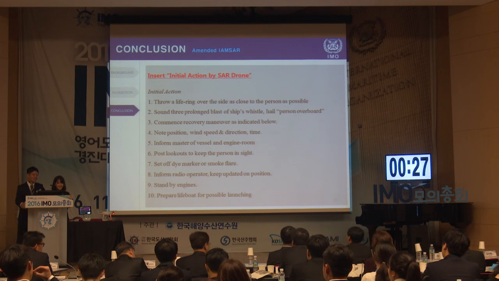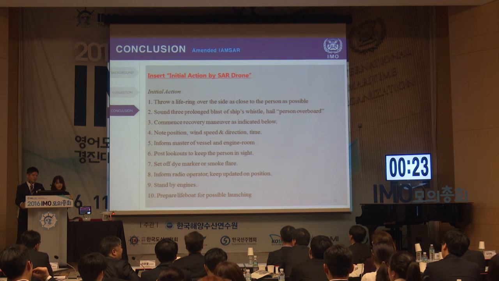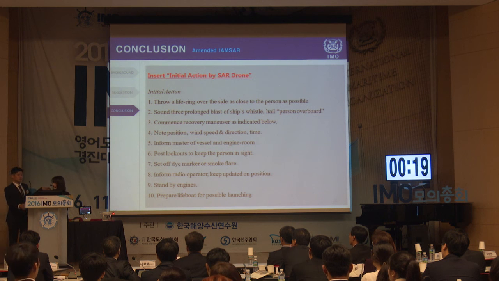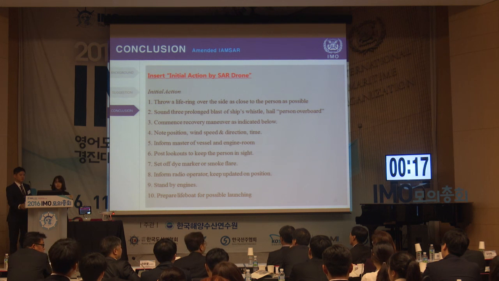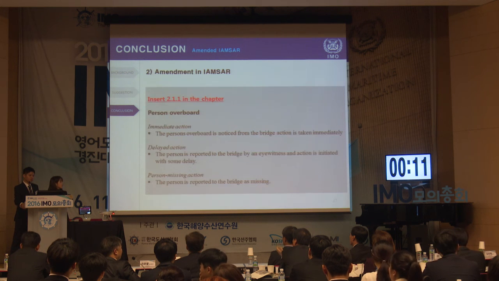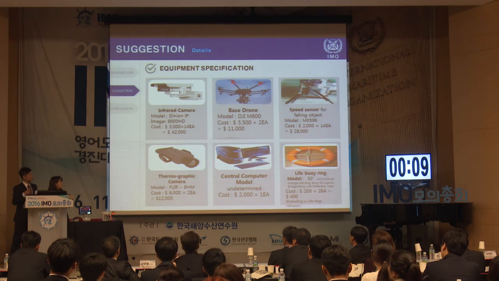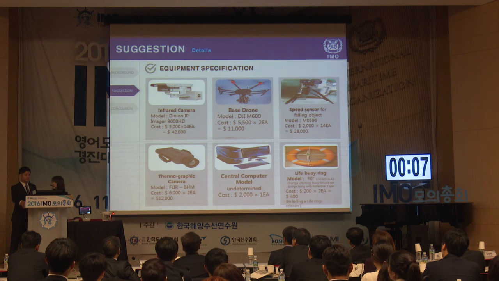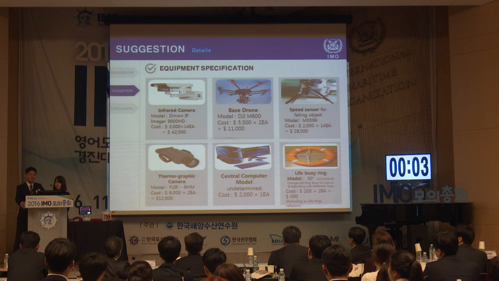And a simple question: did you consider how many drones will be needed per ship? How many drones will be used in this system? I mean, without considering the size of the ship, is only one enough, or based on the ship size, would two or more drones be needed? That's my question. Oh yeah, thank you for the question.